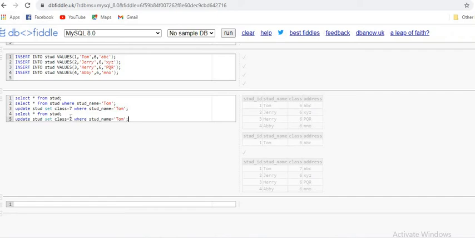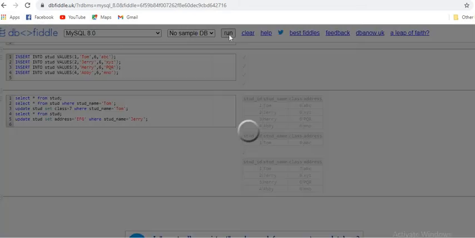And what I want to set is the address, from XYZ to EFG. Let me write it in capital. Where stud name is Jerry, with J in capital. Yeah. So let me run it and I'm going to display the entire table.